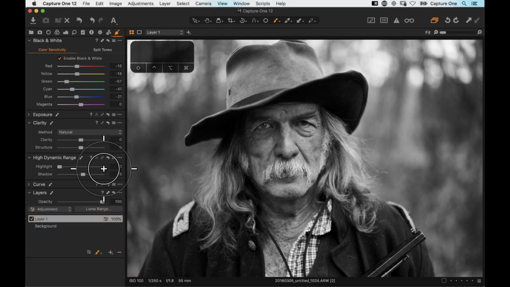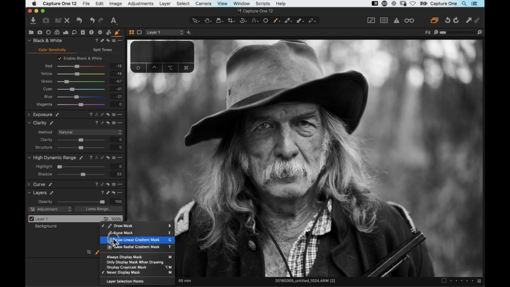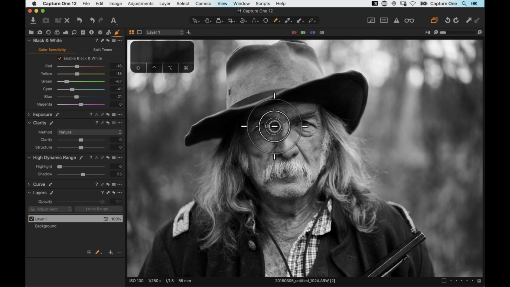Now if you've gone too far, then you can always pick your erase brush, or E on the keyboard, and then you can knock it back again. Or if I press B, I've got my brush back and we can brush and so on. Another element that you've got to play with is the opacity slider. So now I can drag the opacity slider down and see that's with no adjustment, or around here, I'd say,